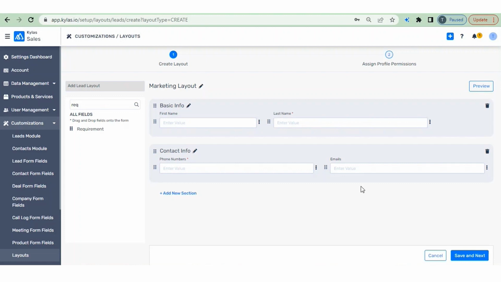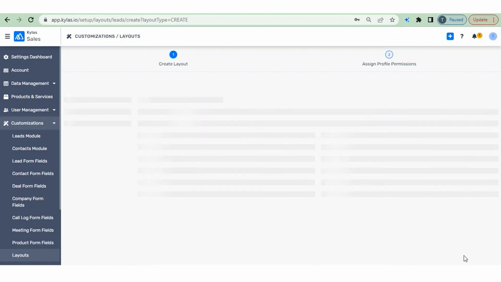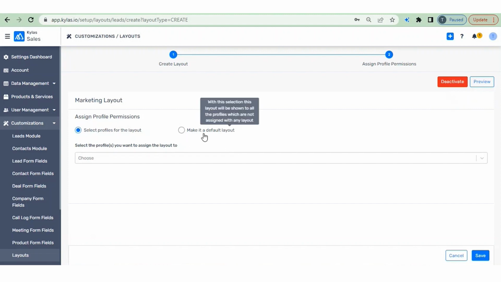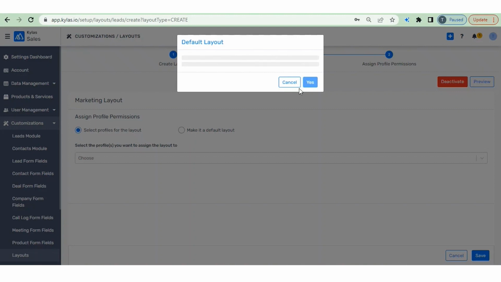Now let's say I have created a layout. I will click on the save and next. You can see a success message that lead layout has been created. Now it will ask you to which profile you want to show this layout. There are two options over here: make it default layout or select profile. When I click on this make it default layout,